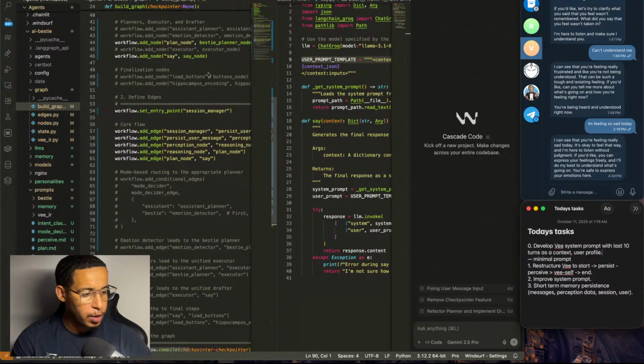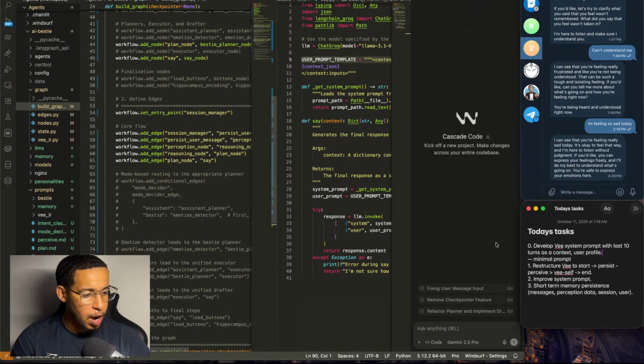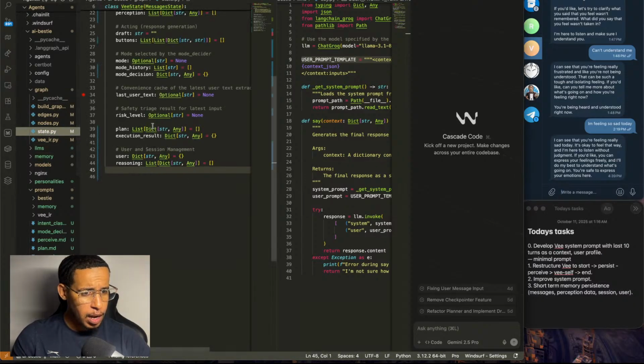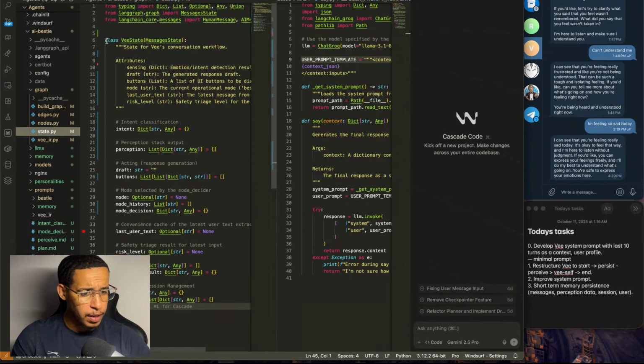Then we're going to improve our system prompt of the self V. And finally, if we have time, which I don't think I'm going to have, implement some kind of short-term memory persistence, which is basically connecting our state fields to SQLite. So let's get it.